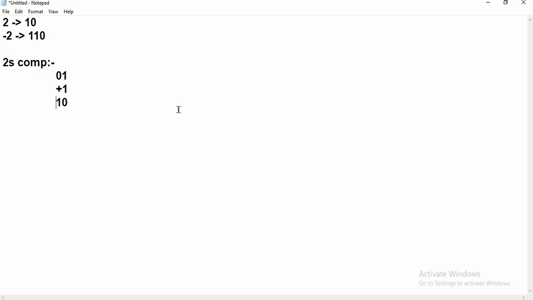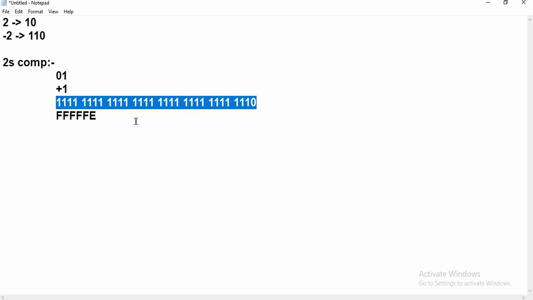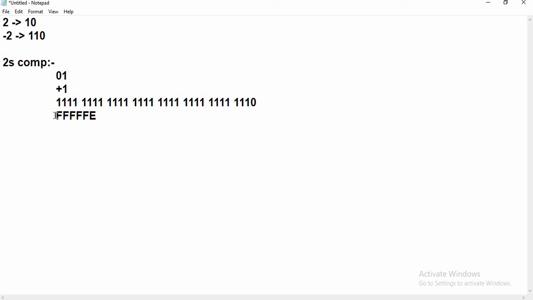So I'm going to write it now. So this one in the hexa will be like F, F, F, F, E. This will be the hexa representation of this 32-bit, and this will be the -2 in 2's complement.